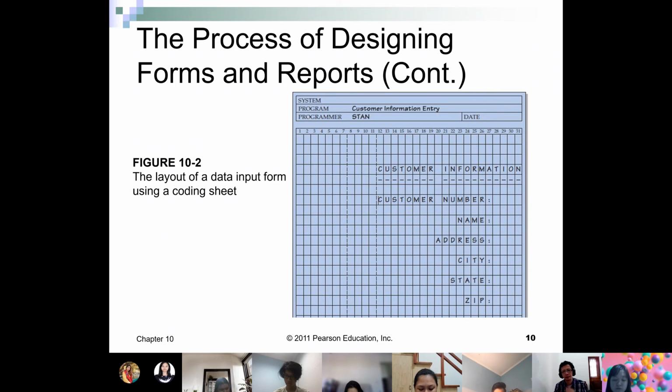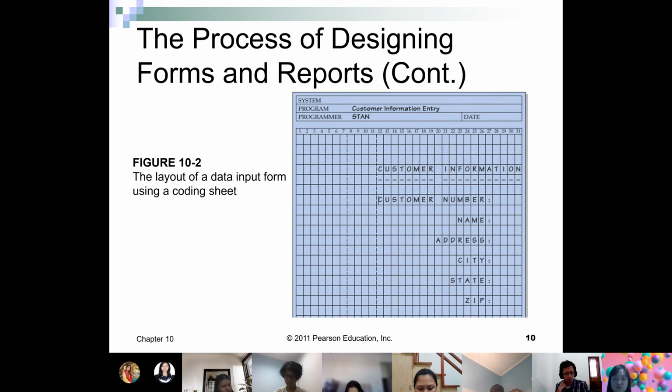This is a typical screen layout in the old days. Nowadays, with a graphical user interface, it's very easy to change the size of pictures and fonts, for example. Therefore, this kind of grid is no longer necessary.